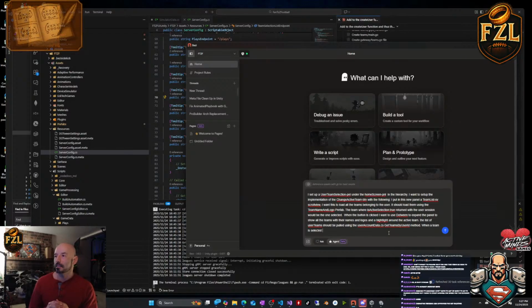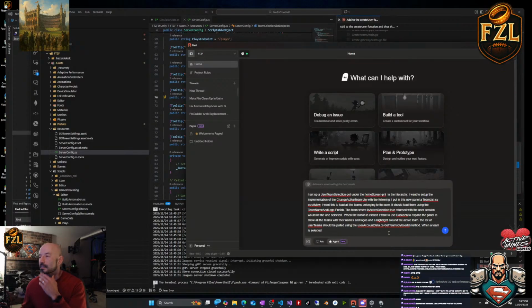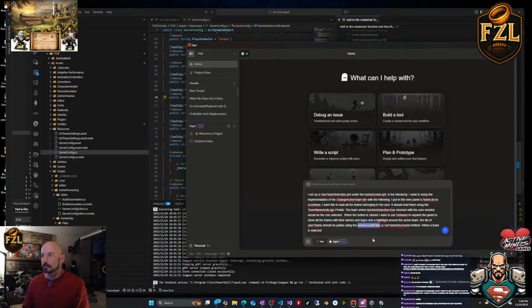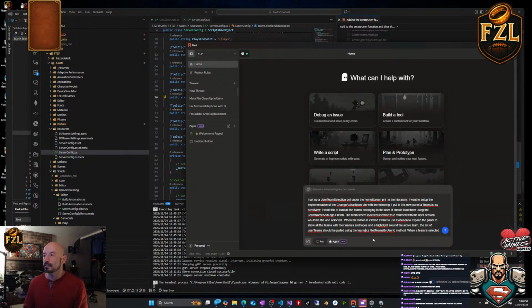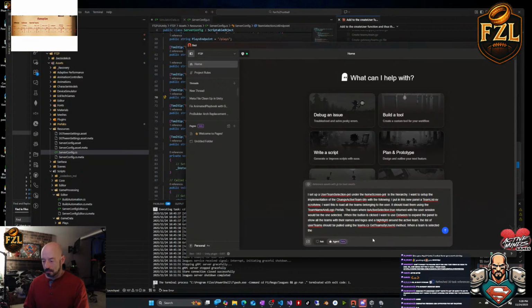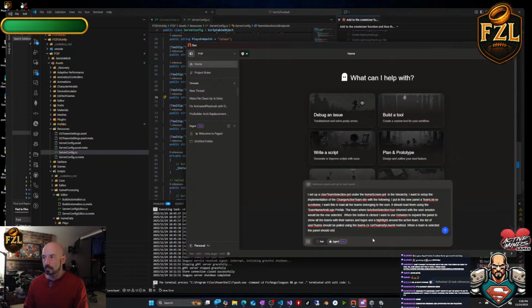Anyway, the list of user teams should be pulled using the user account data.cs, get teams by user ID. So I don't even need this. When a team is selected, the list of teams should be pulled using the teams.cs get teams by user ID method. When a team is selected, the panel should shrink down to show only the logo of the selected